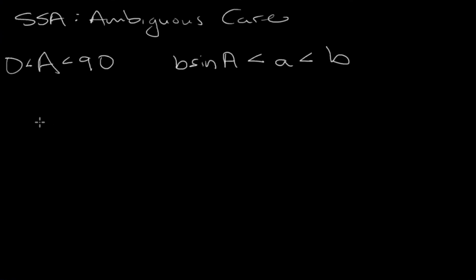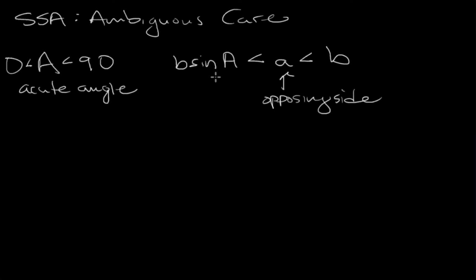So this is the ambiguous case. If you've got an acute angle that you're given, and the side opposite that angle, so the opposing side, is trapped between these two values, that's the ambiguous case. So as an example, let's suppose that I said to solve the triangle